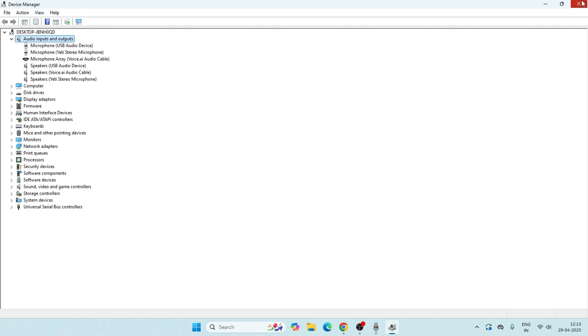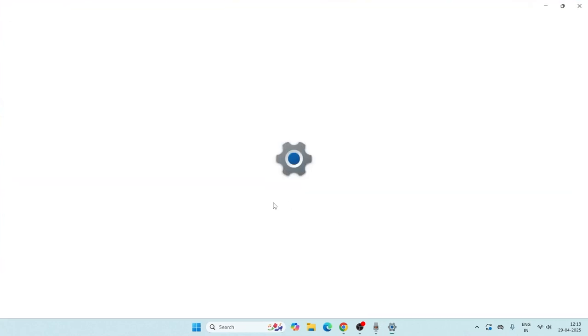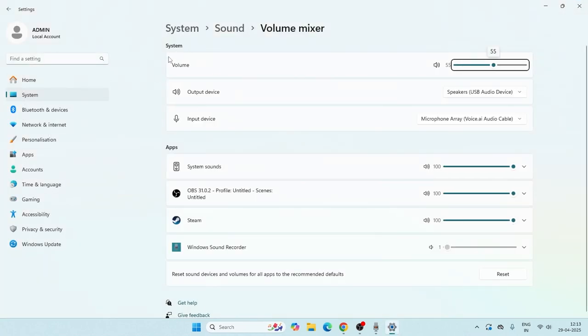And apart from this, you can also go over here, right click, and directly navigate to open volume mixer. Over here, make sure that under the system you have selected the right audio device for the output, and also the right audio device for the input as well. If the devices are not selected correctly, you'll be having trouble. And also make sure the volume is not set to 0, or you'll be having trouble down the road. Make sure the volume is set either to this particular level or to the maximum, so that all the recordings will be done without being muted. So these are the